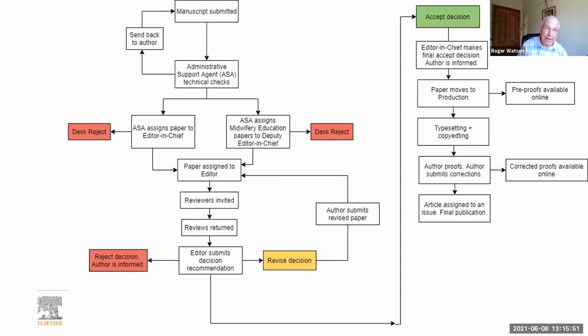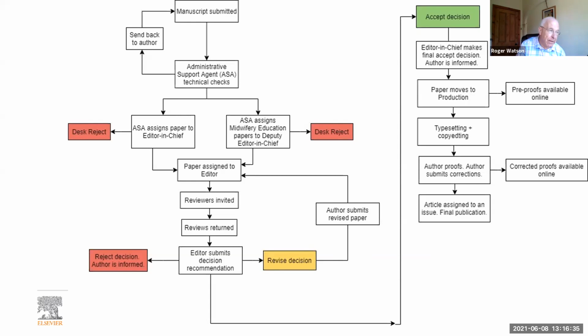publishing company, and they will check the manuscript to see if it meets the basic requirements. These are the basic, very simple requirements. Is it the right length? If it's a review paper, does it have the correct diagrams and correct checklists in there? Is the referencing system done properly? And is the abstract, for example, formatted correctly? So if it's not done correctly at that process, it will be sent back to the author by the administrative